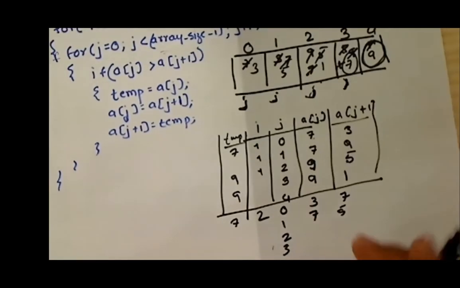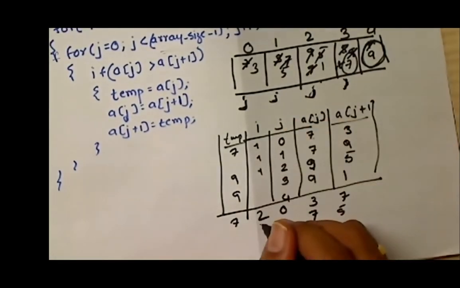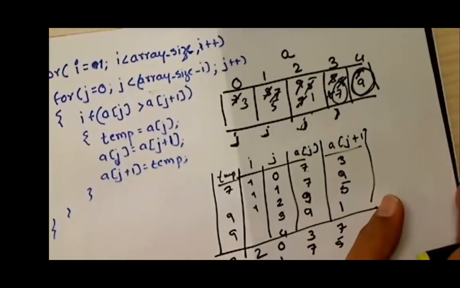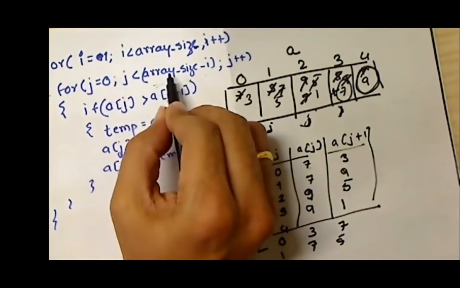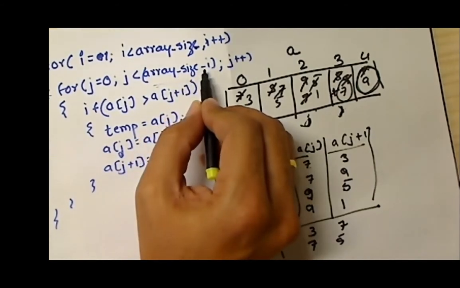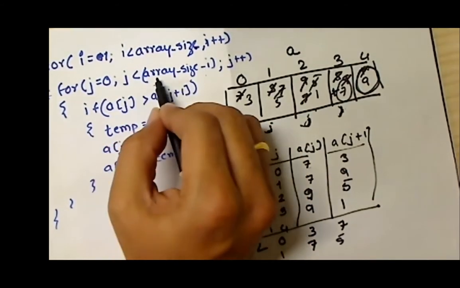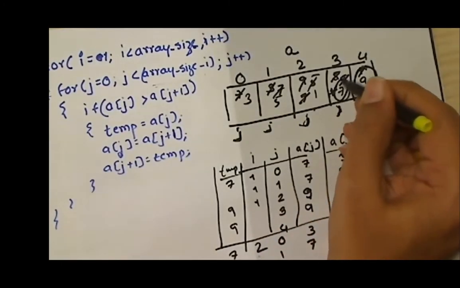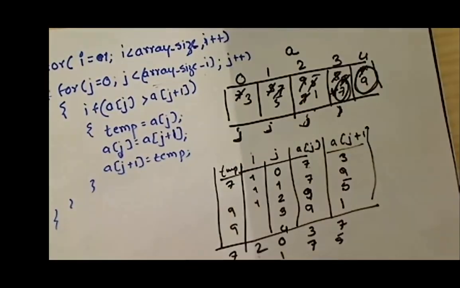If j becomes 3, we go here. The value of i this time was 2. 5 minus 2, how much is that? 5 minus 2 is 3. Okay, so here we had checked till j less than array size minus i. So 5 minus 2, that is 3. Is 3 less than 3? False. We come out of the loop, and what have we achieved? The second heaviest element has gone at the bottom, and so on will continue for the rest of the elements.